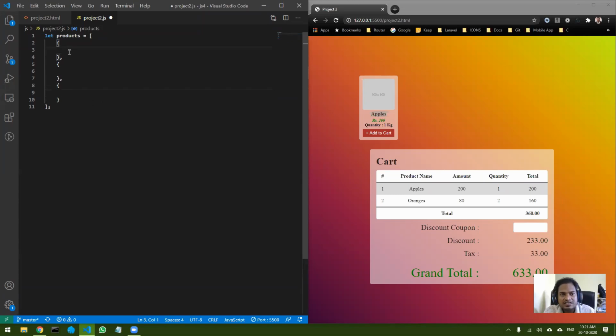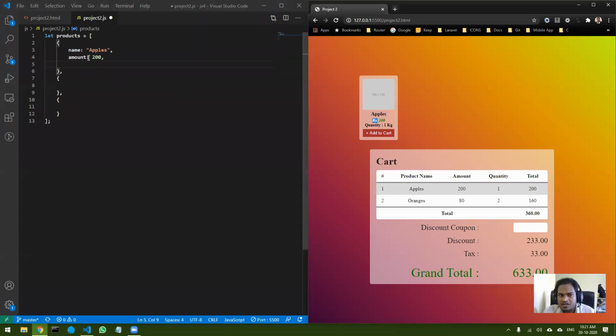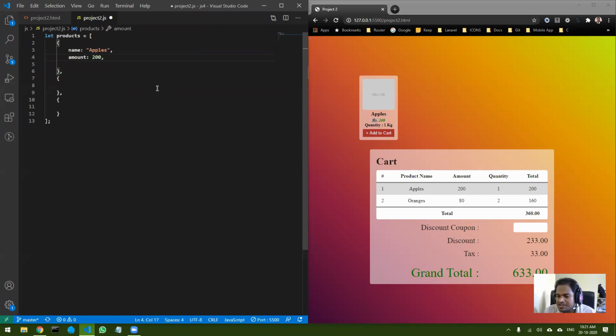Now inside this, I want to have different attributes. Okay, so let's first give it a name. Let's call it name of the product. Okay, so name of the product is, let's say, apples. Next, I want another property called amount. Let's say 200 rupees, right? Now you do not have to mention rupees over here, because then in multiplication it will create a problem, right?